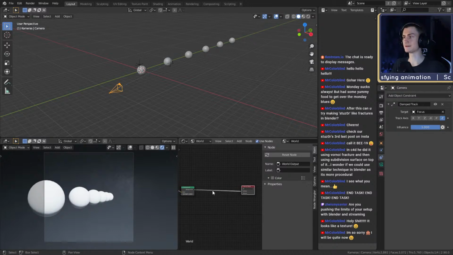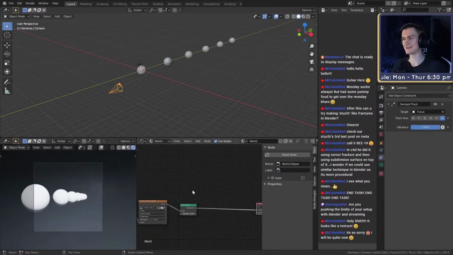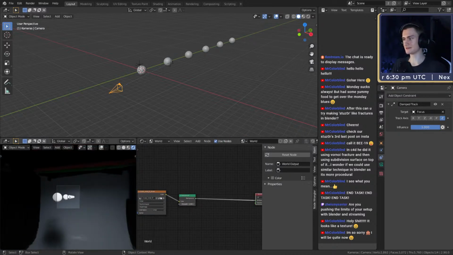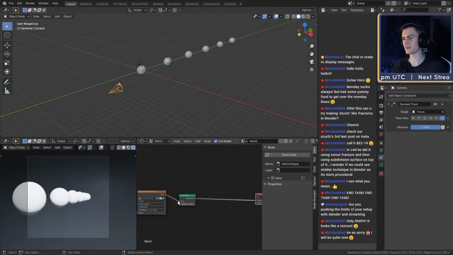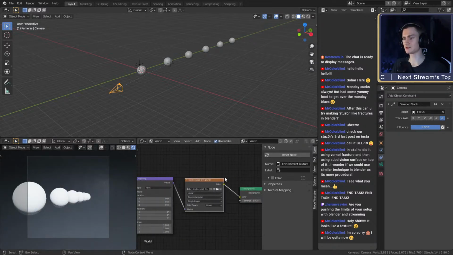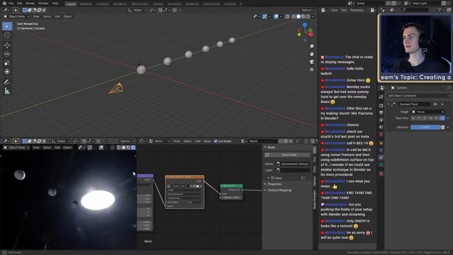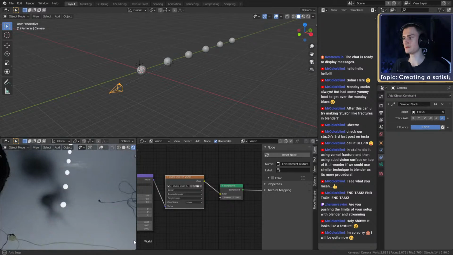Oh, of course we can show 2 tricks in one scene. So next trick is, right now we have the background as the HDRI for the lighting. I just plugged in an environment texture, which is an HDRI. You can see that the background is now the image.